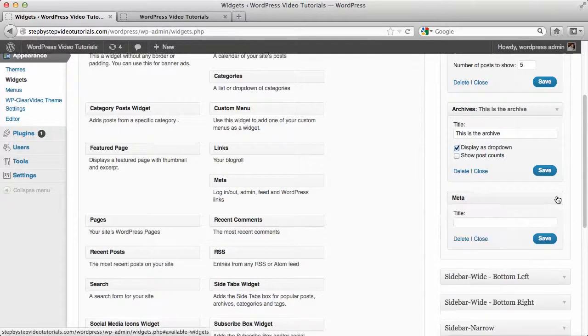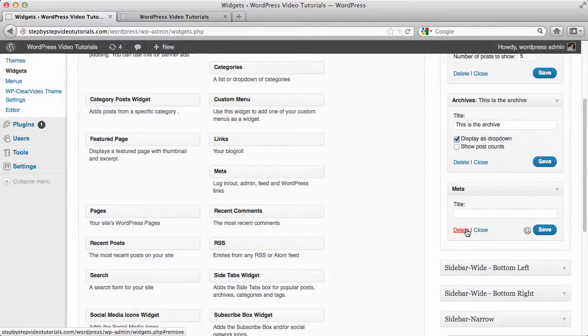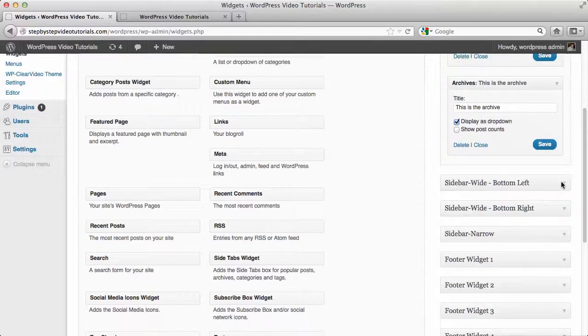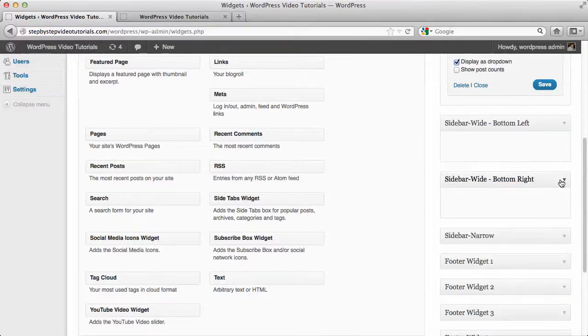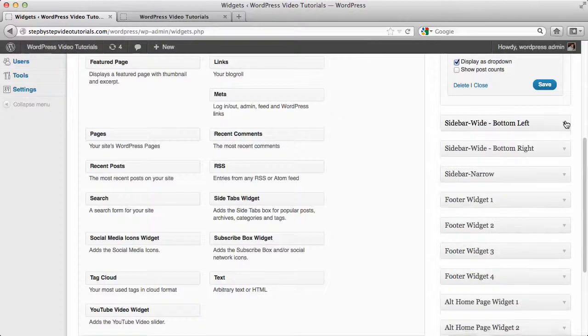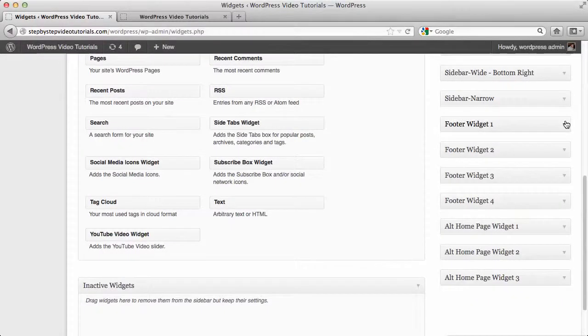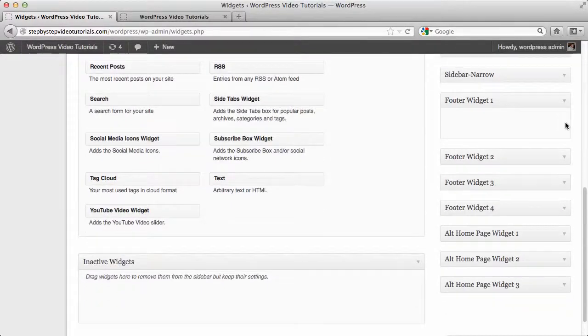The meta, I don't want that, so I will delete that. If you want to customize further, you can add some stuff from here to the sidebar bottom left or bottom right, but I will not modify that. What I want to do is add some widgets to the footer. So for the footer, I want to add